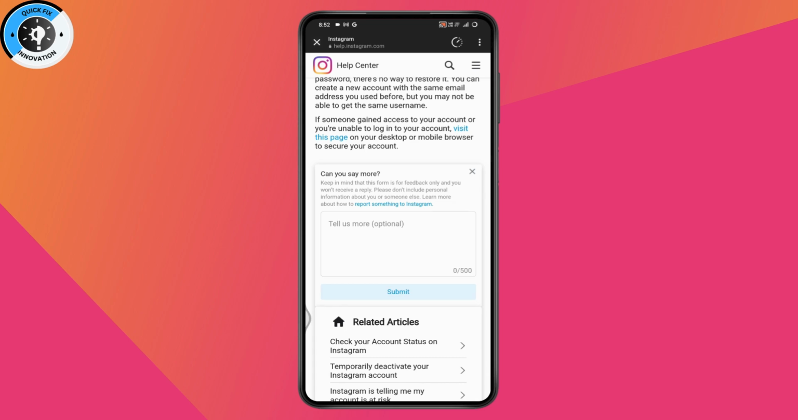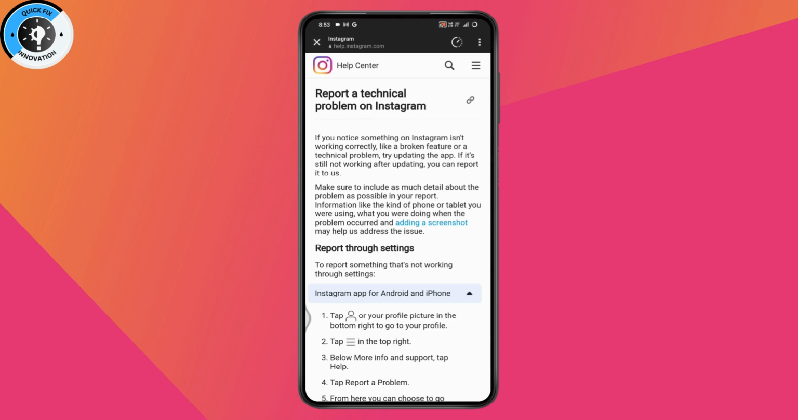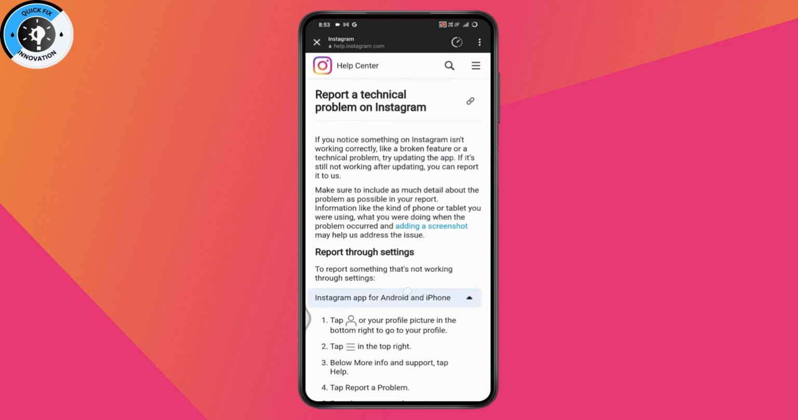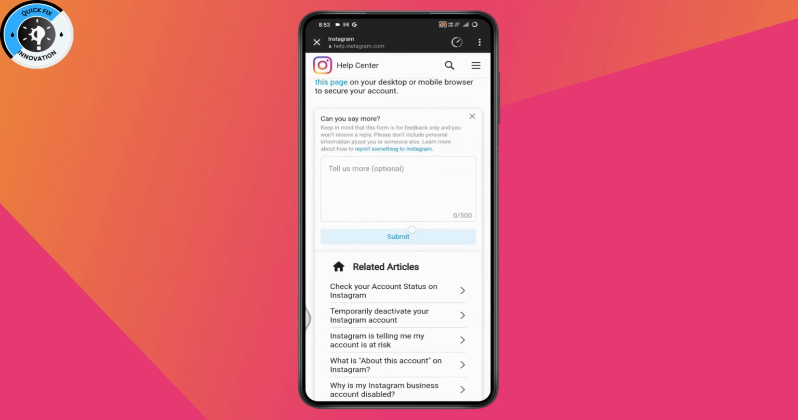So simply write, hi Instagram team, or you can also go with report something to Instagram, which will take you to the report page where you just need to simply go with report it here, or report a post or profile on Instagram, or just go with other. And here you need to describe about your issue. So you need to write, hi Instagram team, I think my account has been disabled, so please help me recover